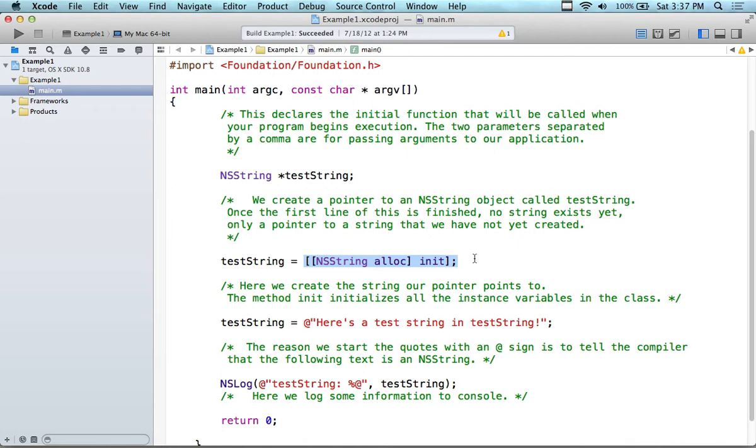room, we can clean something out of memory and make the room, which is what the compiler, or the runtime engine, is going to do for you when it allocates and initializes it. If there's no room, and we don't allocate and initialize it, we're taking a random guess that there is room. There may not be room, we're going to have some weird memory problem. It's potentially unsafe. It's not guaranteed that you're not going to get some corruption or somebody else is going to use that memory space. So anyway, here we're creating a pointer to an NSString object, and the first line